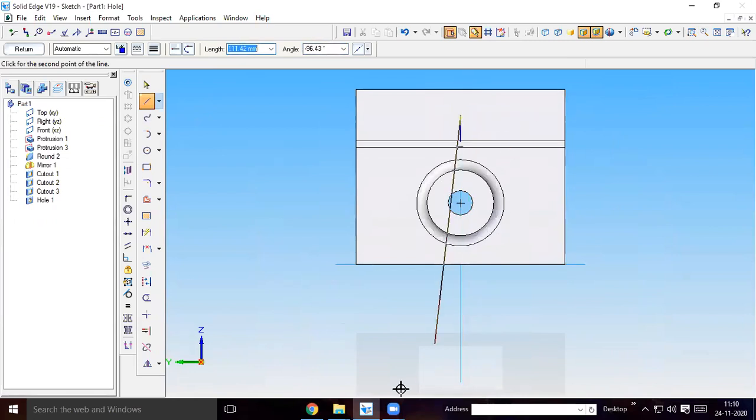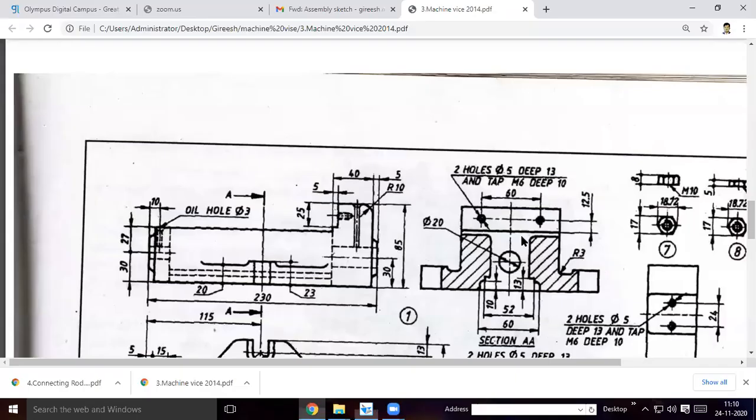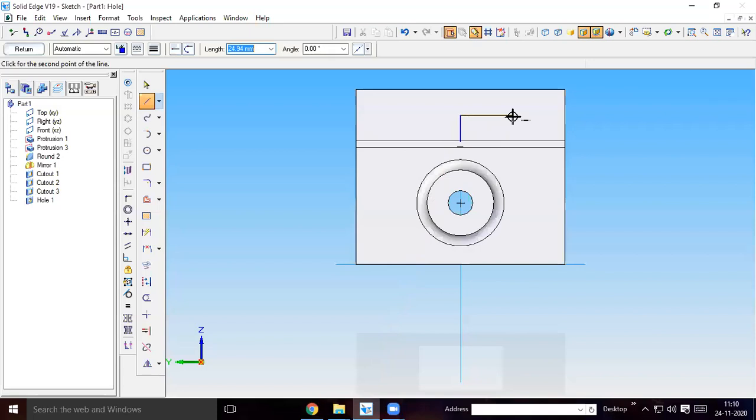So the screw holes are 60 mm apart. You draw 30 mm on either side, 30 mm at 0. On the other side also you have to draw 30 mm at 180.